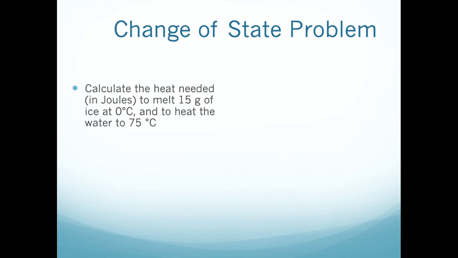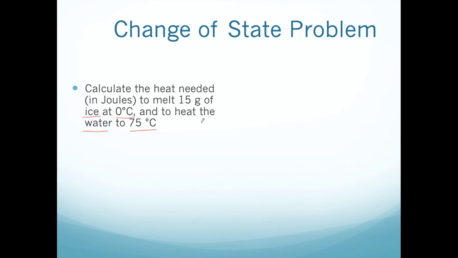Now notice there are two things going on. You kind of have to get an eye for this, but notice that we are starting off with ice at 0 degrees Celsius and it's becoming water at 75. So there are two things that have changed. Our ice has melted into water, and the temperature has risen from 0 to 75 degrees Celsius. If you're having trouble visualizing this and recognizing that you're going to have to do two things to solve this problem, it sometimes helps to have a cooling or a heating curve to help visualize